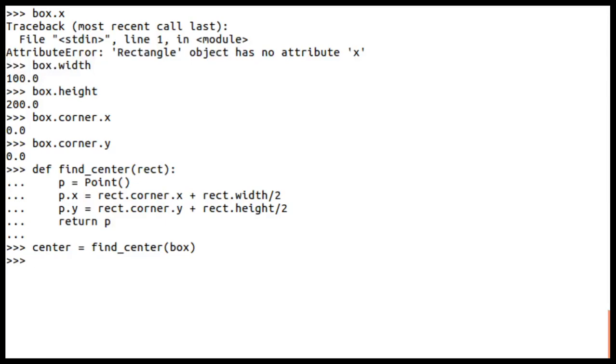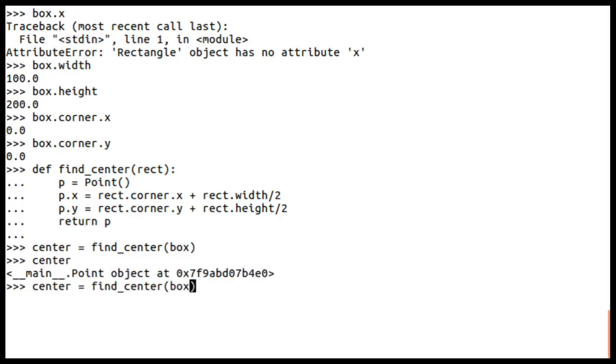and if I print the center, what we can do is I will call it like this: center is equal to find_center, and there is a function called print_point, right? So I will use that function print_point, and I will supply the center as an argument. It will print the coordinates of that. So it is 55 plus 105. Why is it 55 plus 105?